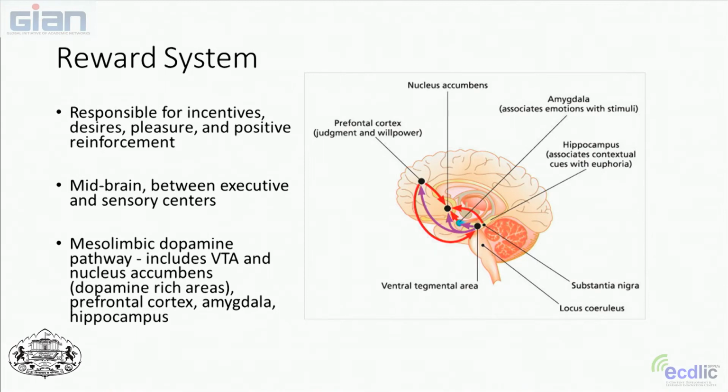You can see here the ventral tegmental area that I mentioned when we were looking at the anatomy, which is a group of neurons that lies on the base of the midbrain, sort of on the floor of the midbrain. This area produces a lot of the dopamine that we use, and it then sends it up into the amygdala, which helps us associate